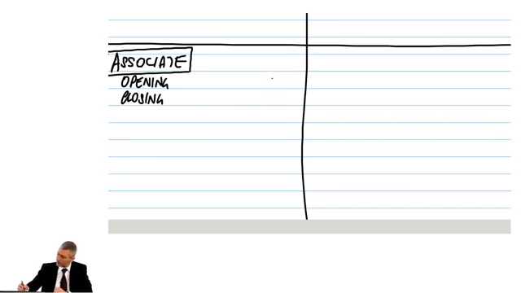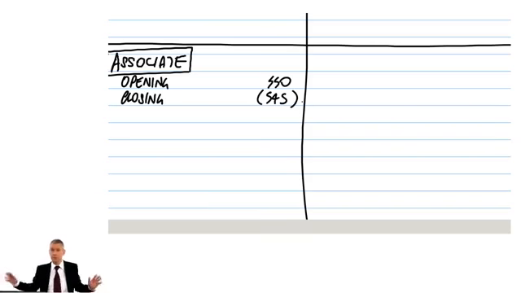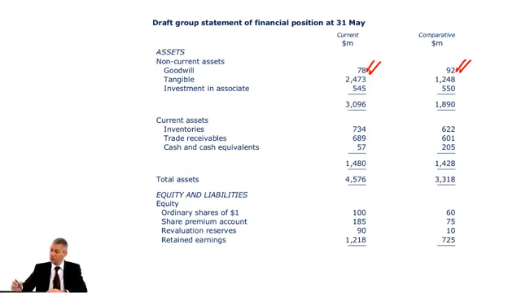We used to have 550, we now have 545, opening raw, closing sausage. Looking cool. That's it, that's all you do. Then down onto the next couple of lines. So I'll flick to the question so we can do some ticky, make you feel comfortable. So we've dealt with the 92, we dealt with the 78, we dealt with the 1248, we dealt with the 2473, we dealt with the 550, dealt with the 545, so we just go to the 622 and the 734